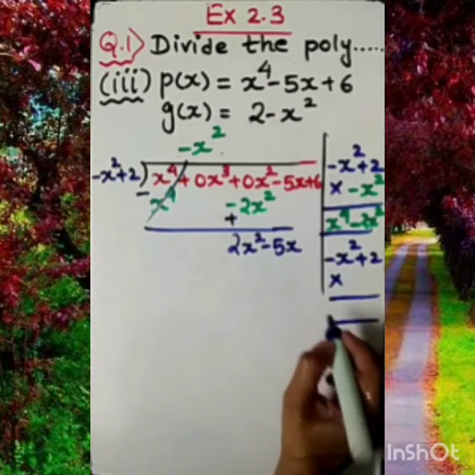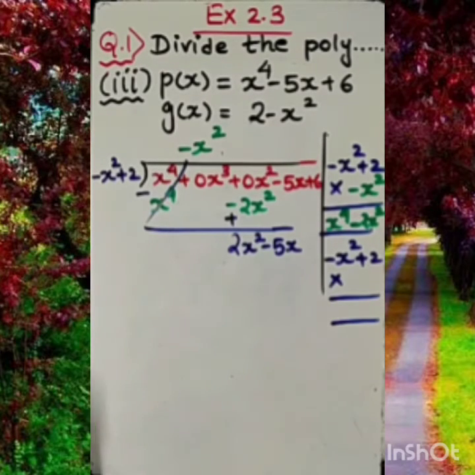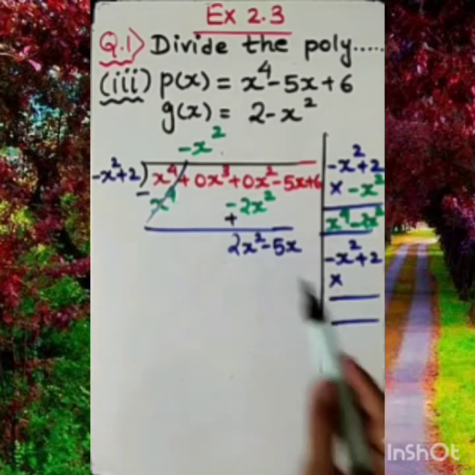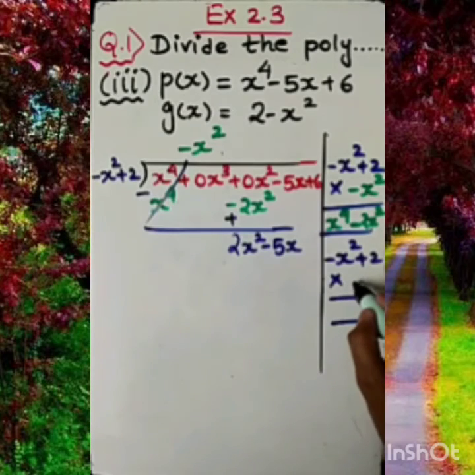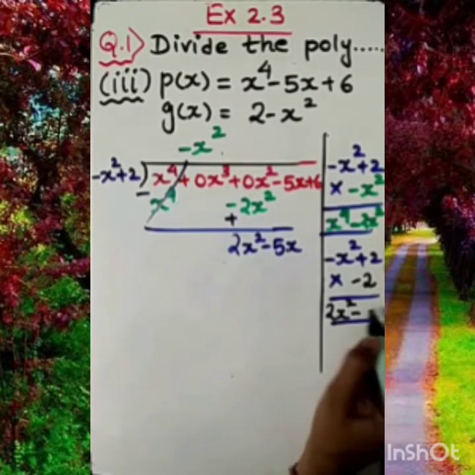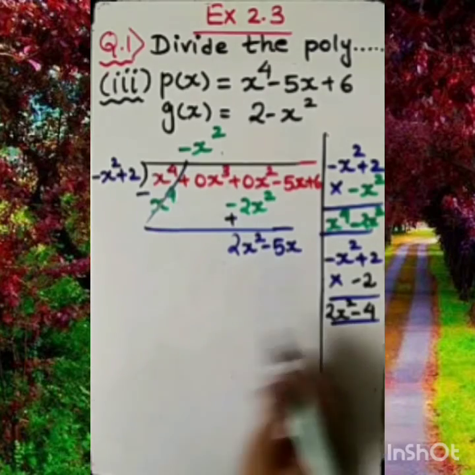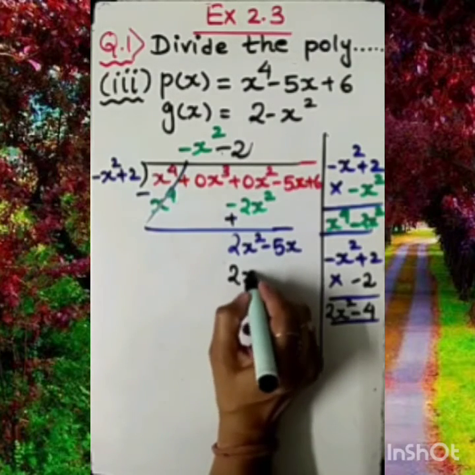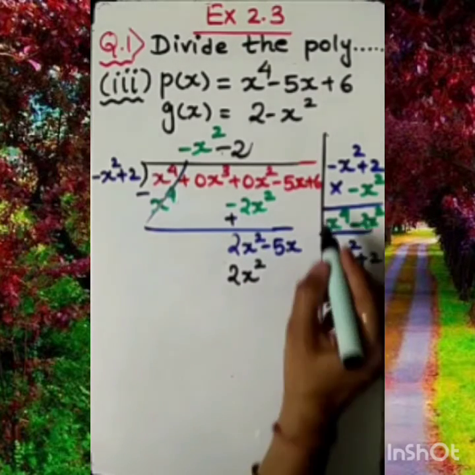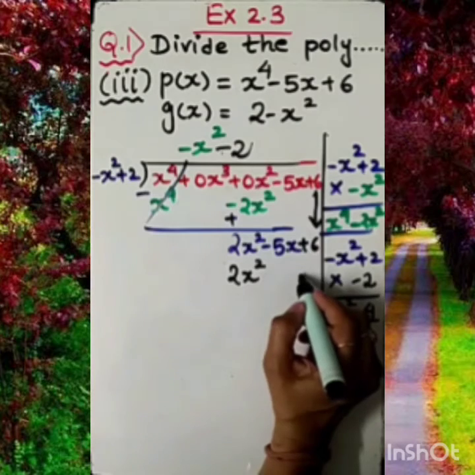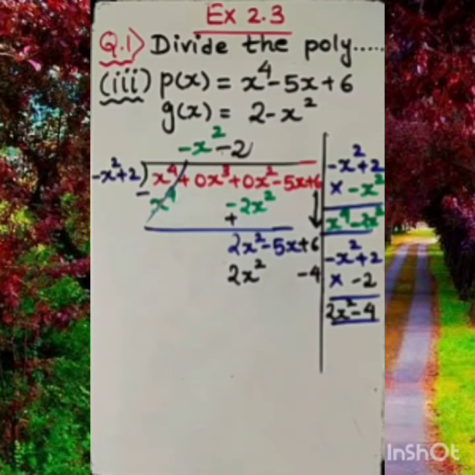Now again we are applying the same procedure. Think about by which term I should multiply so that the first term should be 2x square. It is positive, so minus 2, only minus 2, right? So minus minus plus 2x square, minus 2 times 2 is minus 4. So I have started with minus 2 only. Then what will be with us? 2x square minus 4. That is the constant term. That's why along with this, I am bringing down the 6. Plus 6 I am writing here. And this is minus 4 as usual here.